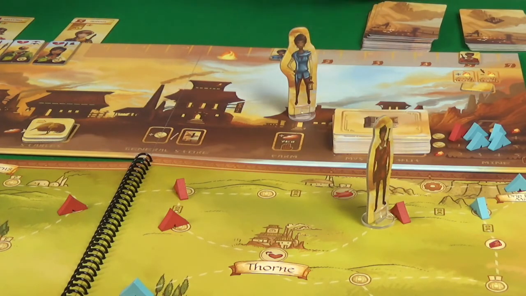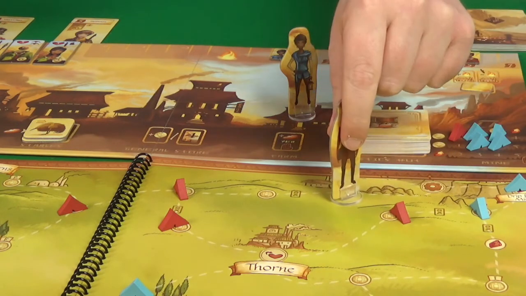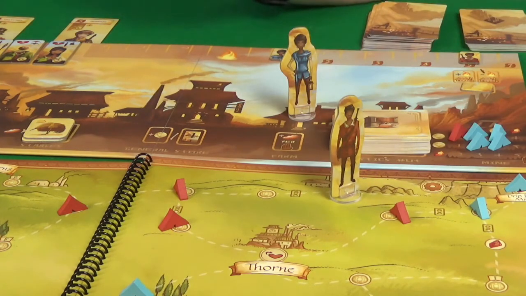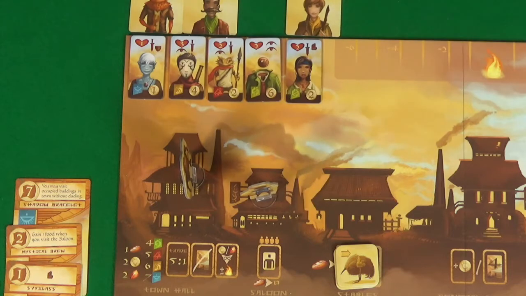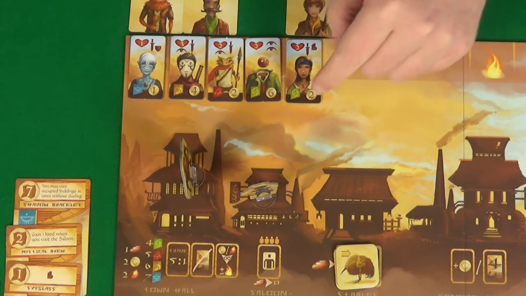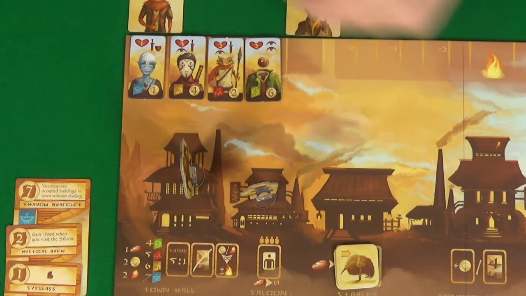She has 6 movement. She's going to go 1, 2, 3, 4 to there, which costs her 1 for skipping over this, and she'll pay 3 to build a camp where she is. I'm going to go back to the saloon. I now have 3 green tokens, so I'm going to get this one for free, which is then my 4th, which will give me the green chief as well. And we get a new one out,